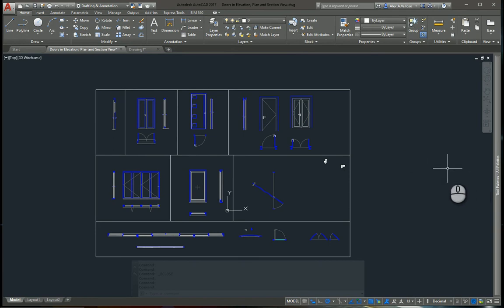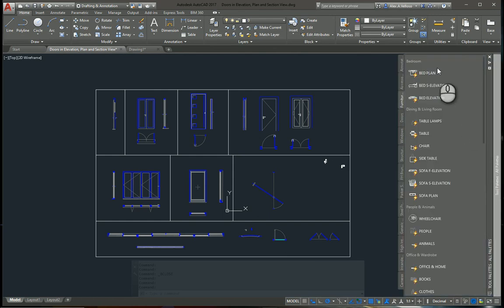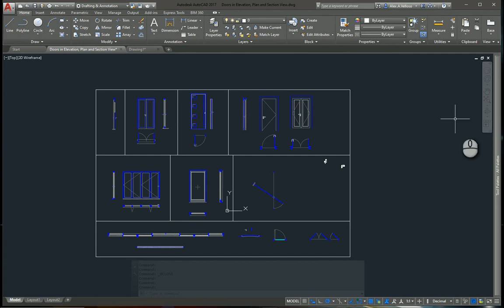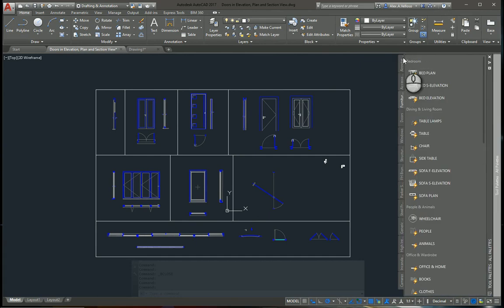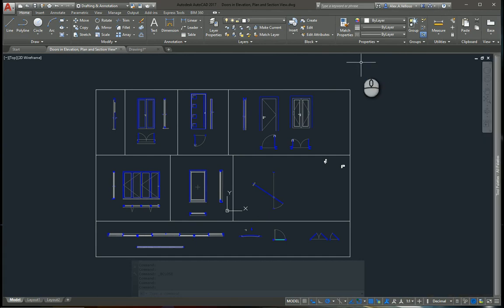Setting up 2 palettes. The 2 palettes is this palette here on the side. I have here everything that I have to use in my drawings. The benefits of setting up 2 palettes is that you don't need to save all these objects in a single